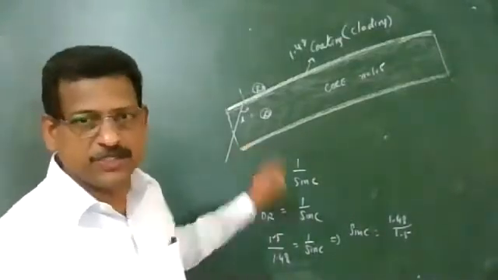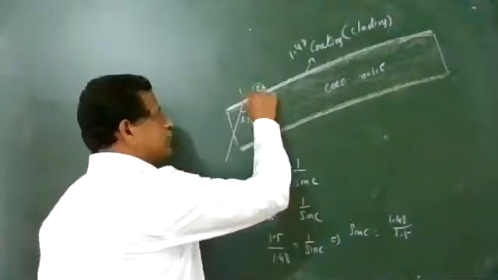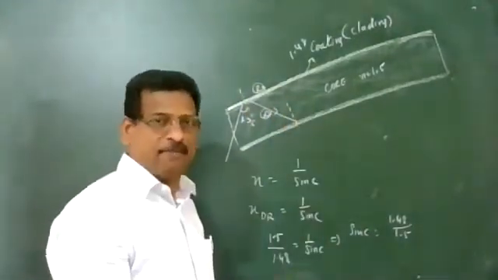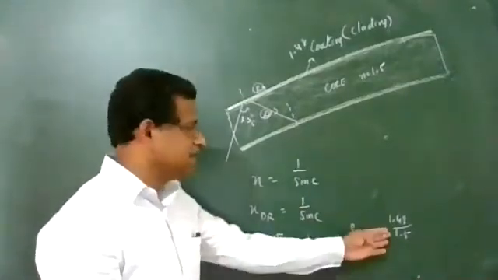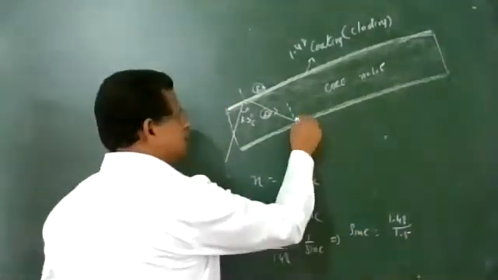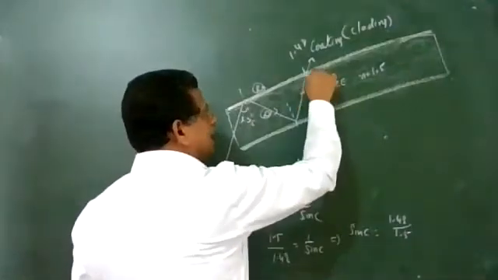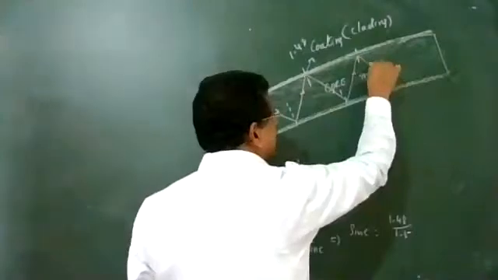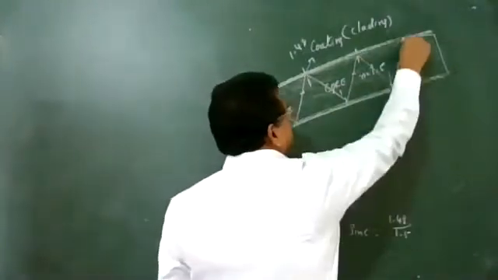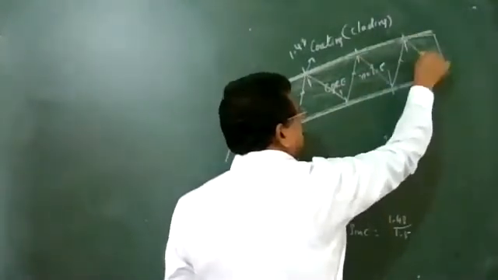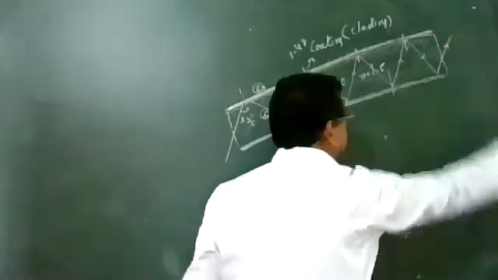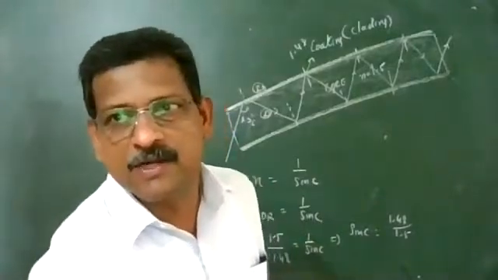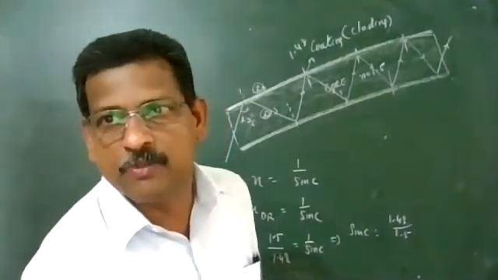So this angle of incidence is greater than the critical angle, and therefore it undergoes total internal reflection. This angle of incidence will always be made greater than the critical angle. So it undergoes multiple total internal reflections at different points, and finally it comes out from the other side. So we can call this a light pipe, because light is transmitting from one point to another point.